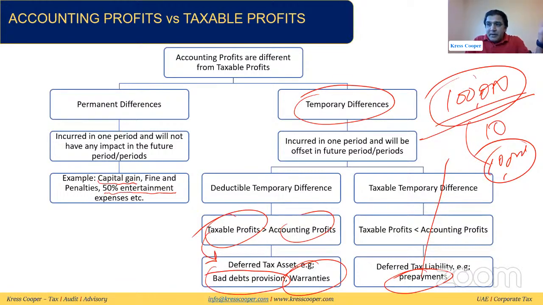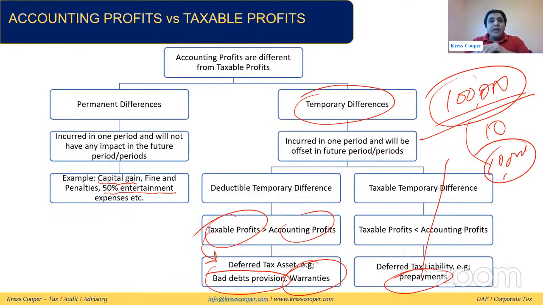So first of all, I'm going to set the foundation. Why are we calculating the taxable income? How will it adjust? What is the reason behind this? The reason is the rules are different. These rules are creating differences. These differences can be permanent differences. These differences can be temporary differences as well. These temporary differences can be deductible temporary differences. They can be taxable temporary differences as well. So these are the bases due to which we are calculating, or we are mapping, our accounting profits into the